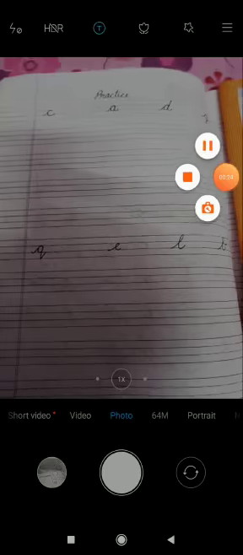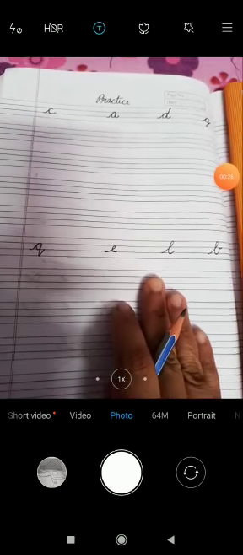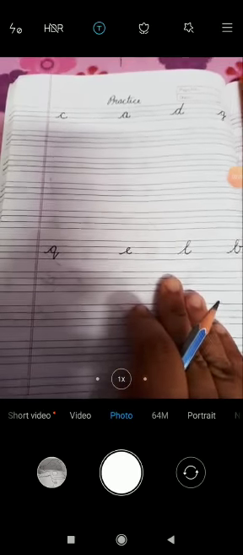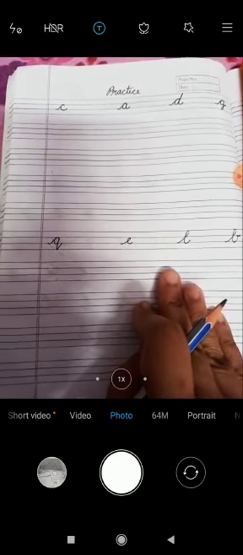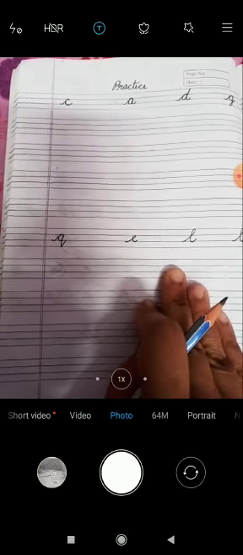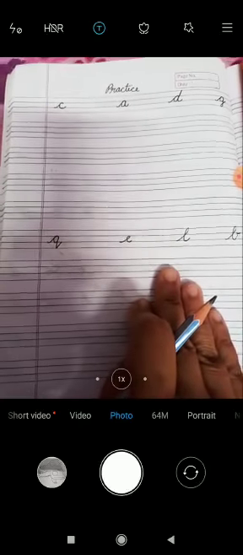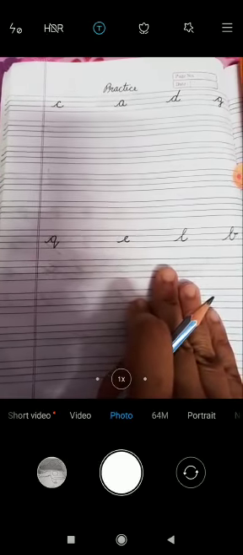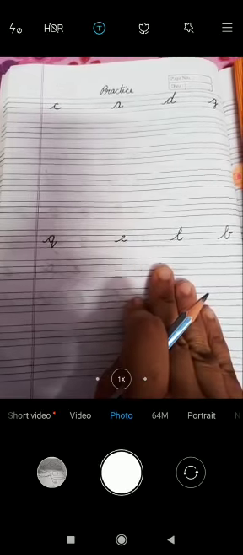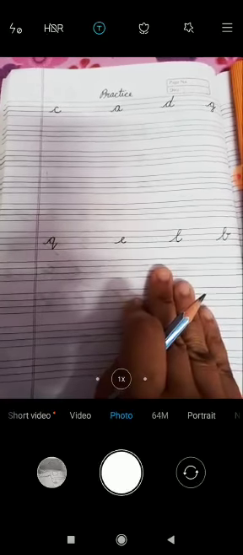Today, we will do more practice of cursive strokes. So let's begin. Okay, children, now let's start. This way you have to create one page for practice. And I hope you have done practice on Saturday and Sunday also of your cursive strokes with the sound. And also you have to do daily revision of your phonetic sounds.